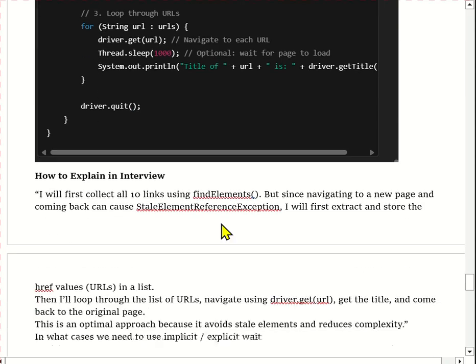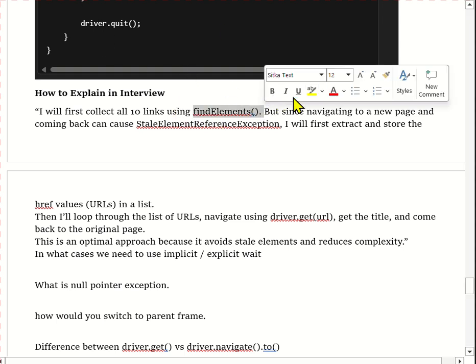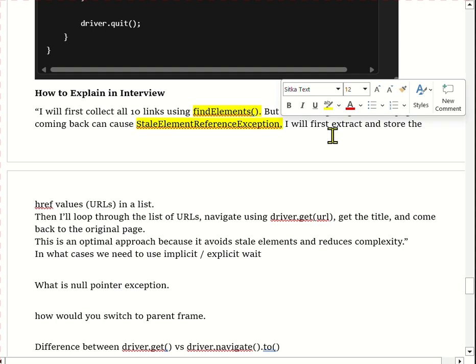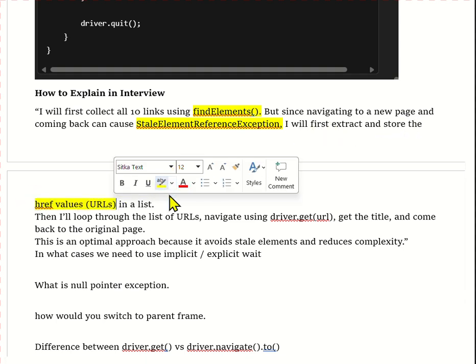For that, we have to say like this: I will first collect all 10 links using the findElements method. But since navigating to a new web page and coming back can cause a stale element reference exception, to avoid it I will first extract and store the href values in a list.